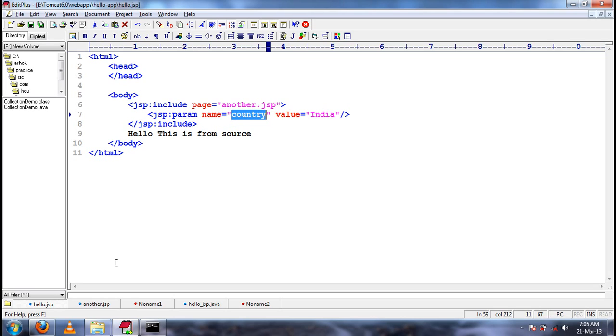So I hope you remember at least what is request dispatcher and what forward and include will do. JSP colon include internally uses request dispatcher dot include mechanism.